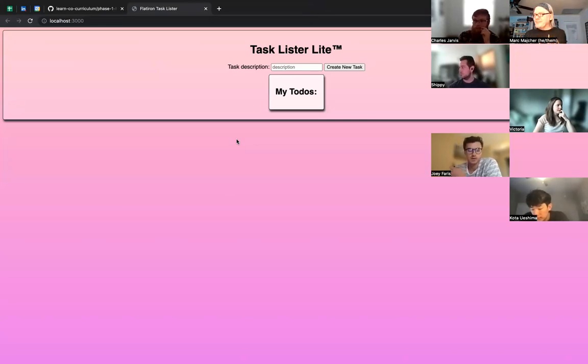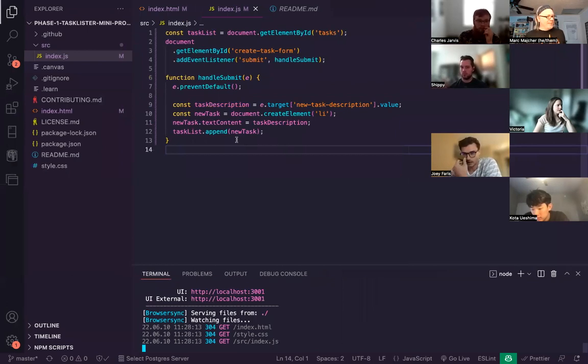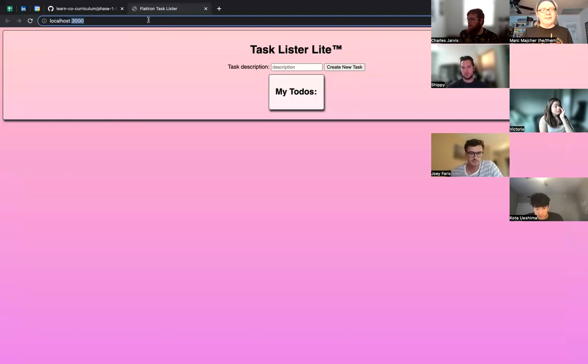Can you go over what Lite server is again? Lite server is just a little super basic web server. A web server is just a program that runs on your computer or somewhere else that usually looks at a directory of files and listens for requests. So we can actually see all the requests that we're getting here. And Lite server specifically starts a server in a directory and serves the files that are in that directory through requests. So if we wanted to, we could ask for, let's see,